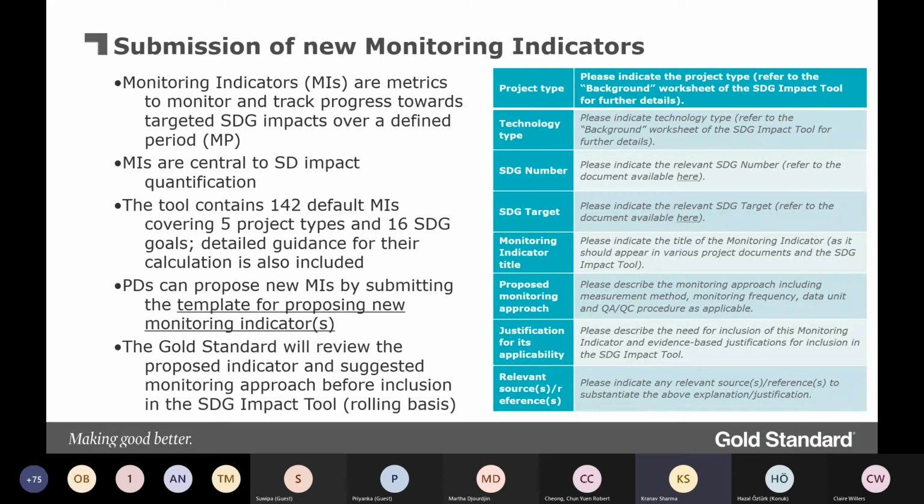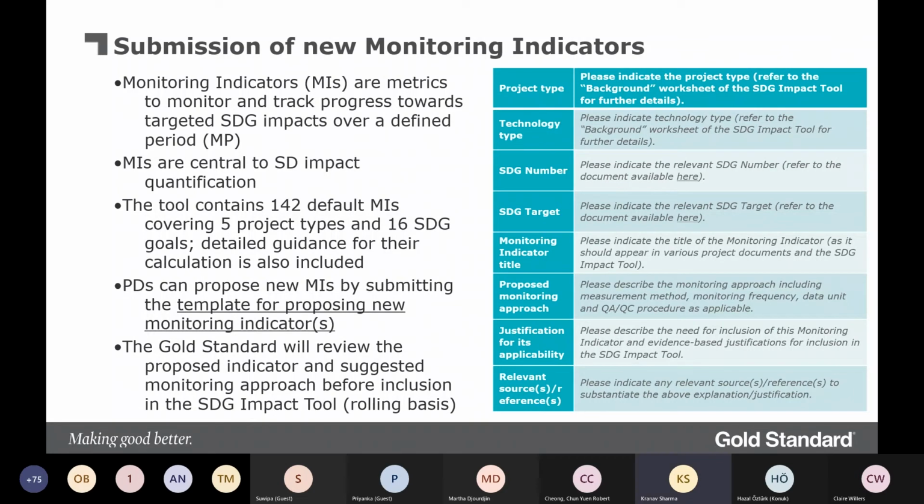This is all of the run-of-the-mill information that's required to form the monitoring plan or the monitoring approach. They should also include a justification for its applicability, and tell us how that proposed monitoring indicator is applicable here, why it needs to be considered, and how the project developer proposes to use it as part of the SDG tool. They will also need to include relevant sources and references related to that monitoring indicator. All of this information in the template would then be used by Gold Standard